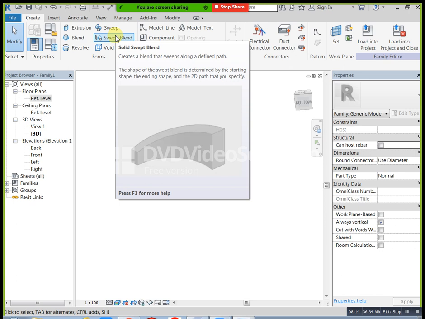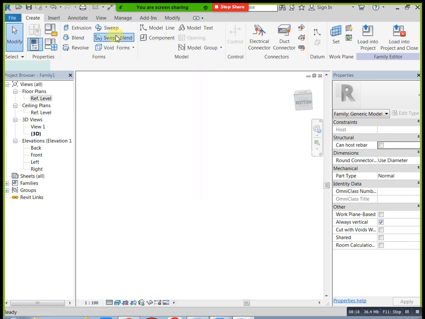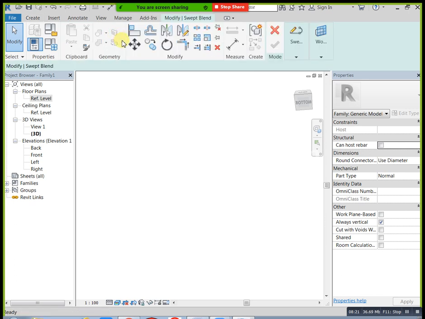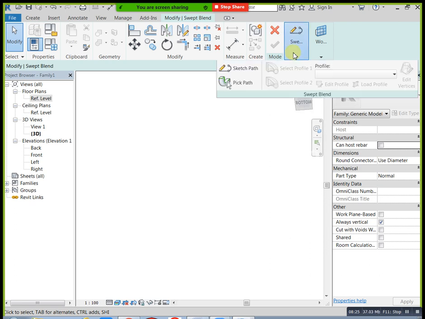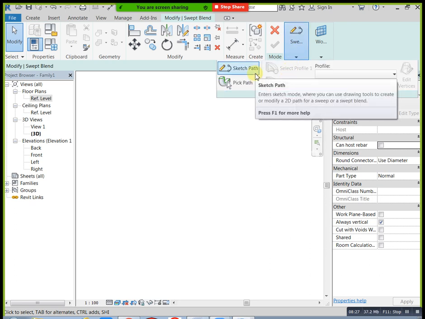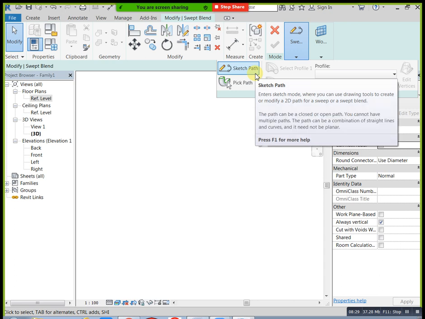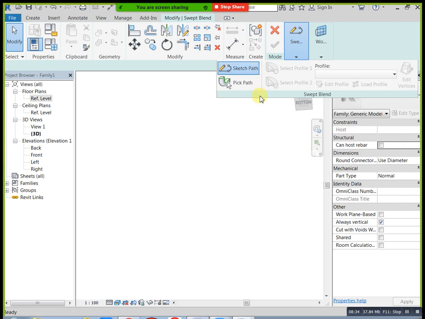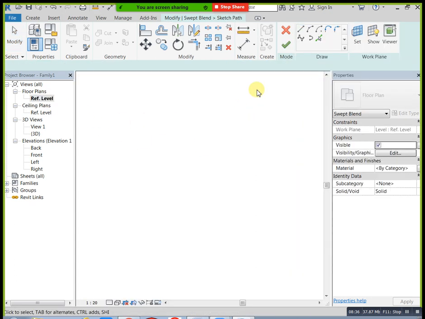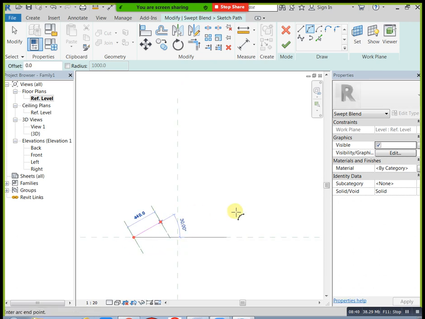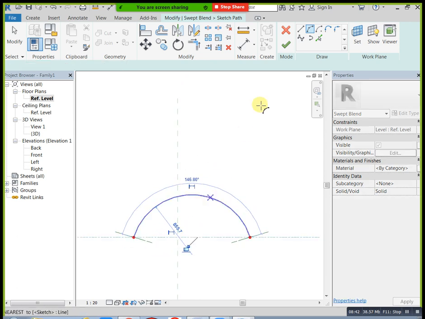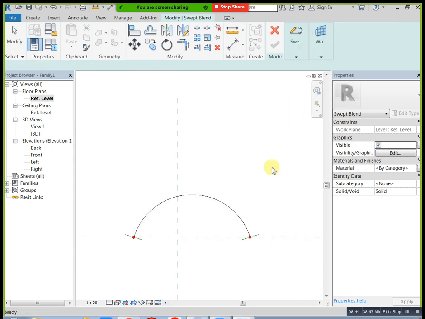Okay, go to the create tab and select the swept blend icon. Go to the modify tab, select sketch path, draw the open profile, and click on finish mode.